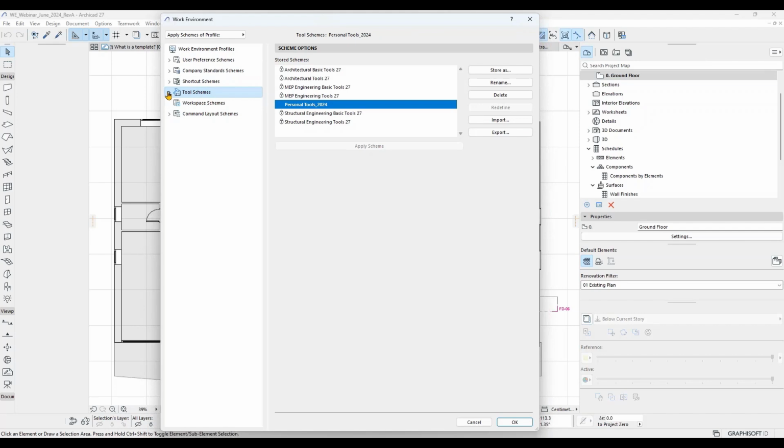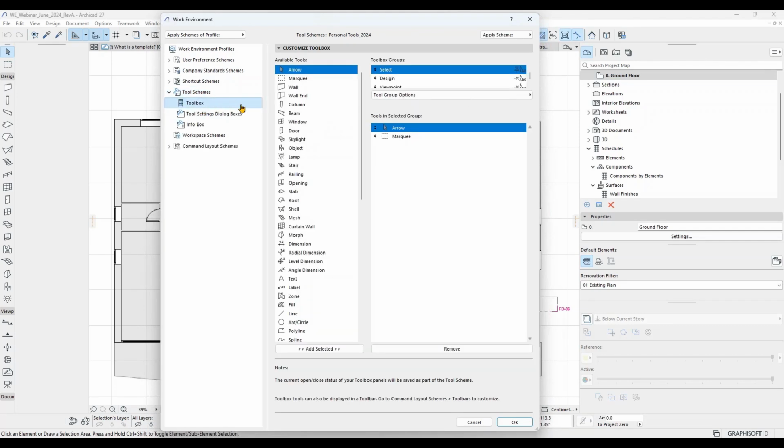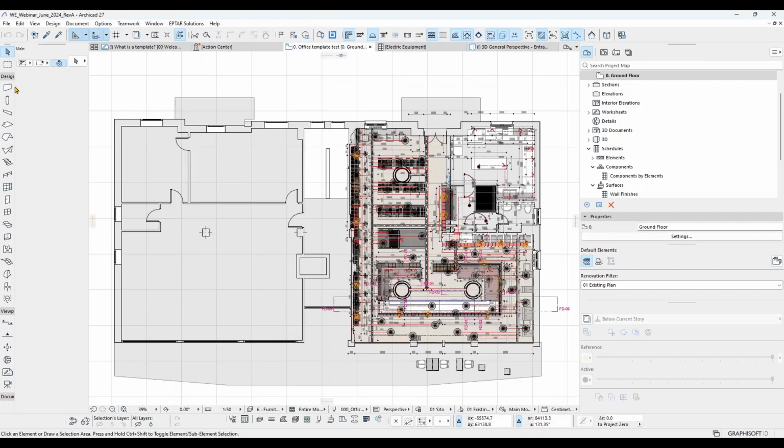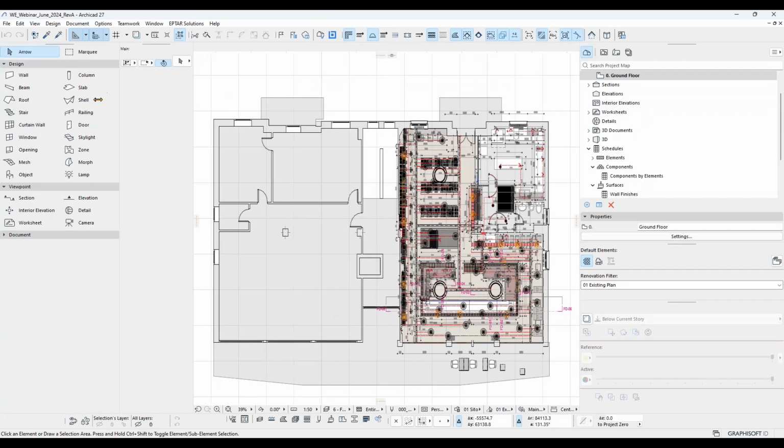Also, for the tool schemes, we again go to the toolbars, right? So in the options here we can see the arrow, marquee, wall, and all these. So we can have these placed as per our need. So as per the grouping here, the first one is the select, which is, let me actually increase this so that it's clear. So what I'm talking about is